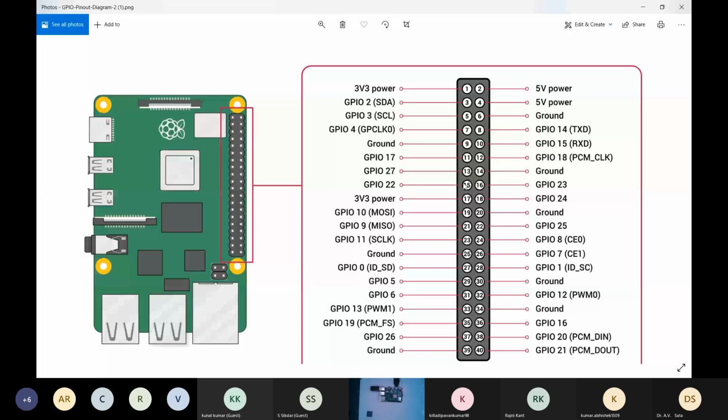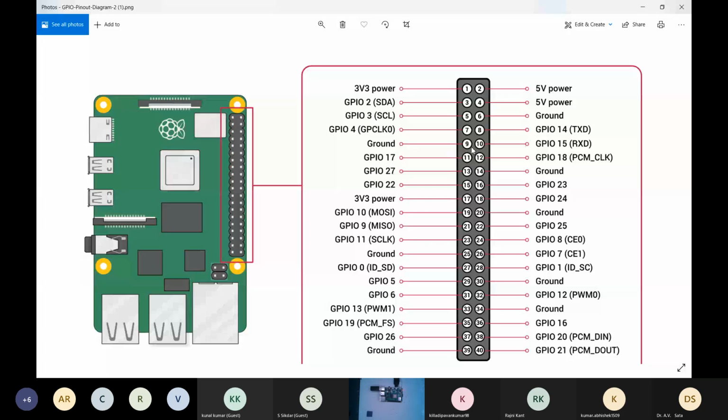I will be using GPIO 2, 3 and 4, which are pin numbers 3, 5, and 7 respectively in the left column. So I'll use 5-volt power for VCC, ground pin number 6, CLK and CS, and the DO or SO pin is GPIO 4 and pin number 7.